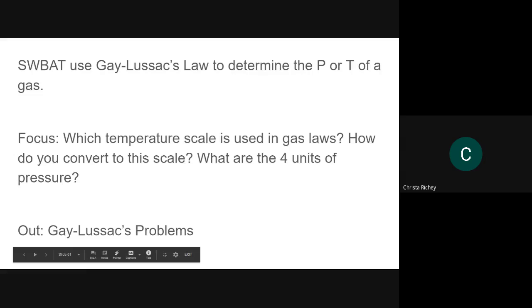The temperature is measured in Celsius. It needs to be changed to Kelvin. We do that by just adding 273. And then there are 4 units of pressure. Now that I changed this so that this looks right, I just mentioned the torr, and at STP it gets a 760. There's 3 more. So we have